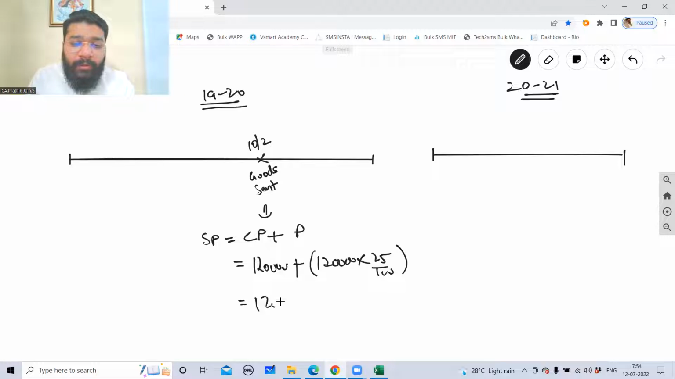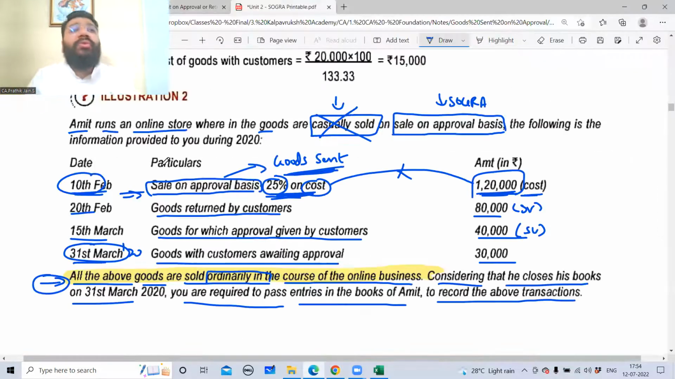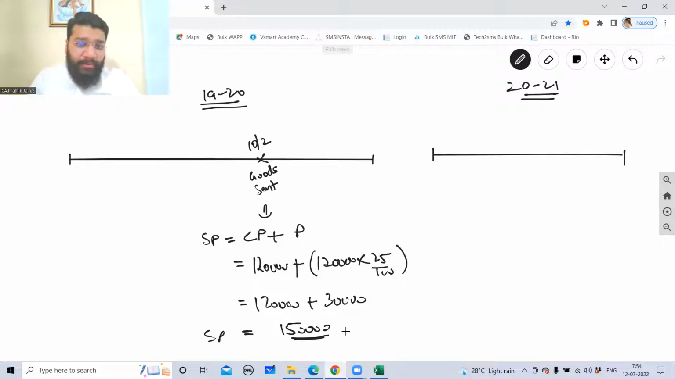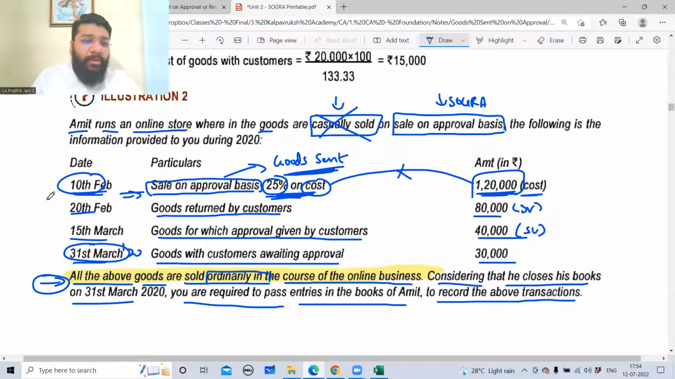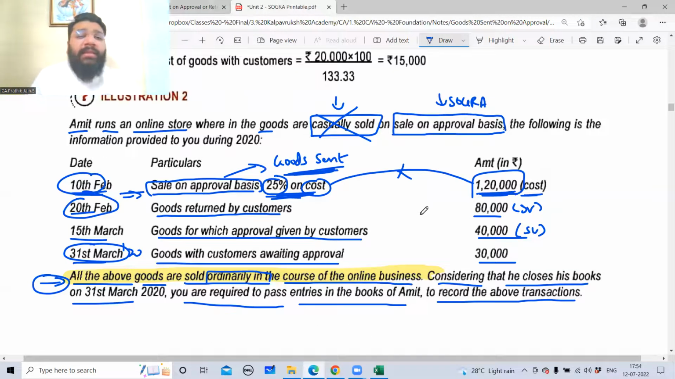So what is my profitability? 30,000 rupees. So what is my sale price? 1,50,000 rupees. Why did I find the sale price? Because when goods are sent, you pass a normal sale entry. When I pass a sale entry, I need a sale value. That is why I calculated the sale value. Any problem in this? No, sir. Super. Next, on 20 Feb, guys, out of 1,50,000 worth of goods that has been sent, 80,000 worth of goods